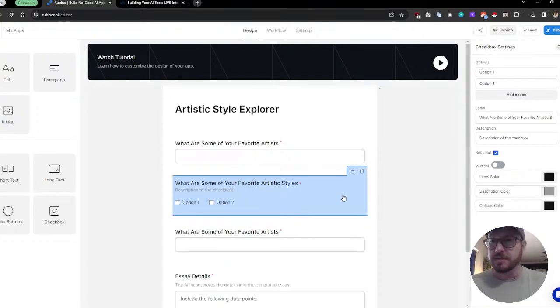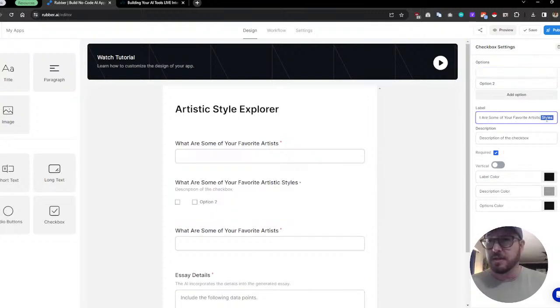So let's do some artistic style options. The options are here. Let's say like oil paint. Or no, that would be medium, huh? Artistic styles. That's kind of what we're looking to get. So let's do medium. Artistic mediums like oil paint, digital art,